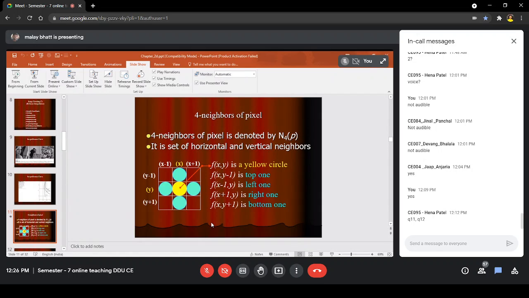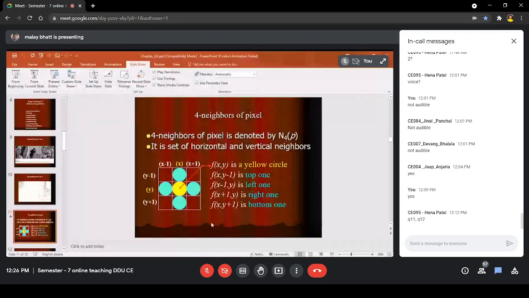If f of x y is the center pixel, these 4 coordinates are important for us: f of x comma y minus 1, which is the top one, f of x minus 1 comma y, the left one, f of x plus 1 comma y, the right one, and f of x comma y plus 1, the bottom one.